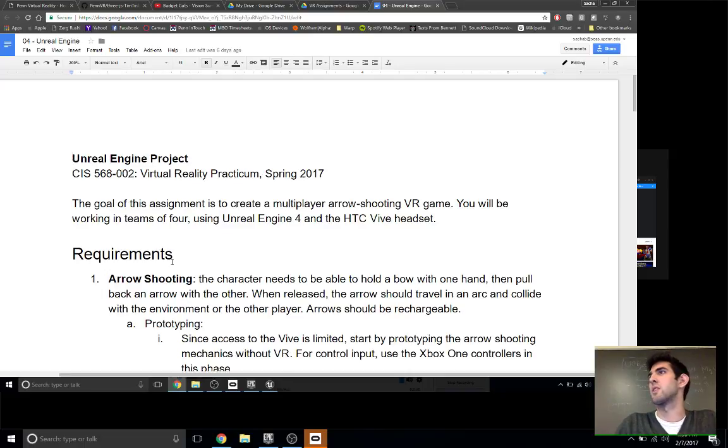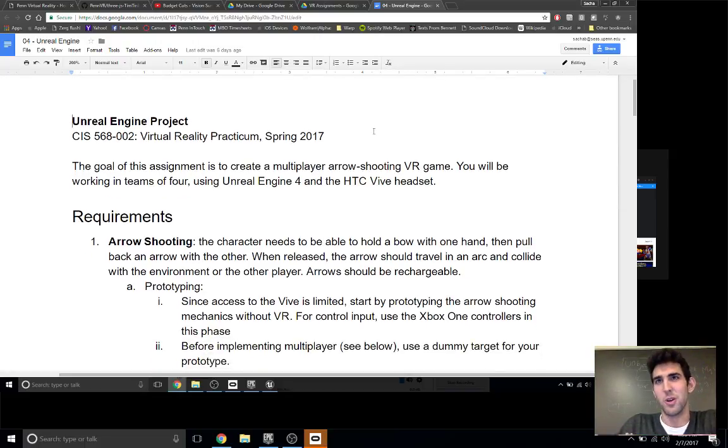I guess the first thing to note here is you're going to be working in teams of 4. I think there will be one team of 5. So you're not going to be attacking this solo. There are other people to work with, so that when you hit bugs in Unreal that you're not sure how to solve, there are people around you. I do, however, really want to stress, don't wait a week to start on this. You'll see that there's a deadline that will make that impossible, but don't wait a week.